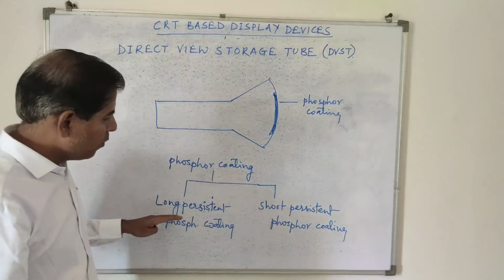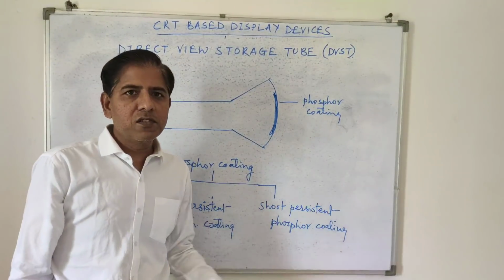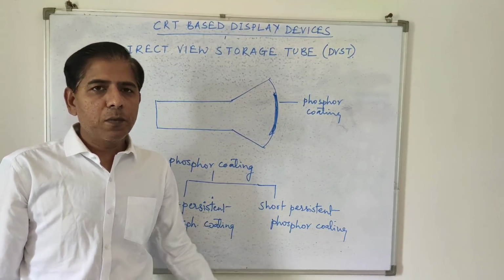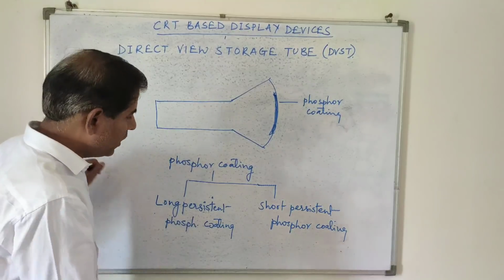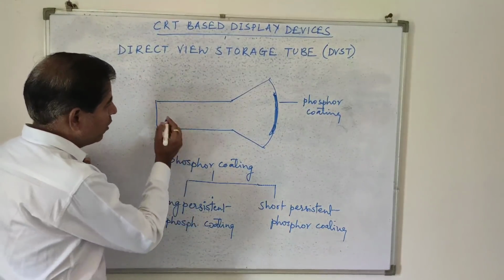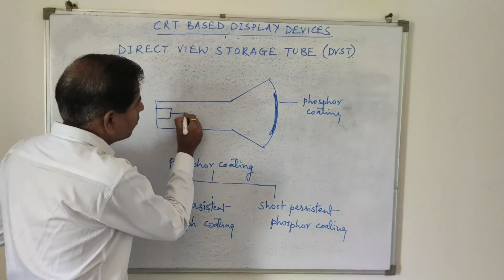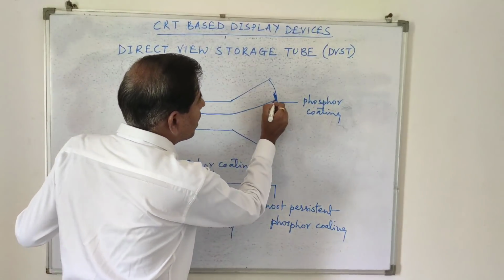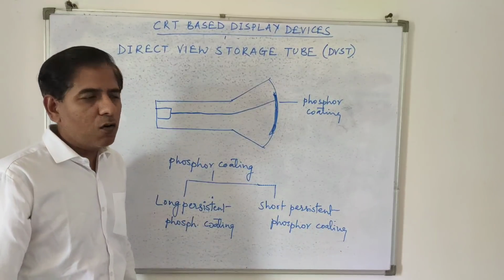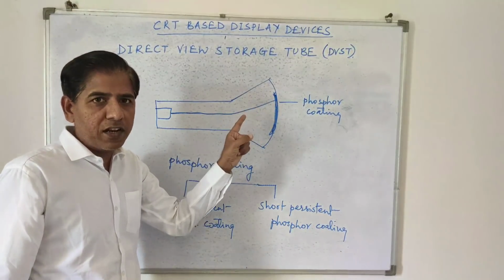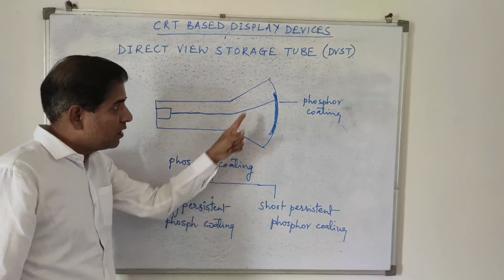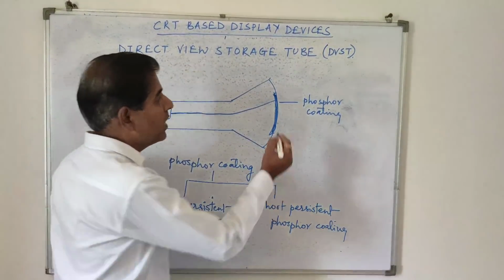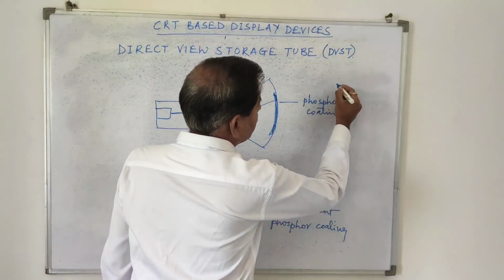So, long persistent phosphor coating and short persistent phosphor coating. Now what is the difference between long persistent and short persistent phosphor coating? In long persistent phosphor coating, when an electron beam from the electron gun hits the screen, or hits the phosphor coating from inside, then if this screen is coated with long persistent phosphor coating, then the bright spot, if you see a monitor here,